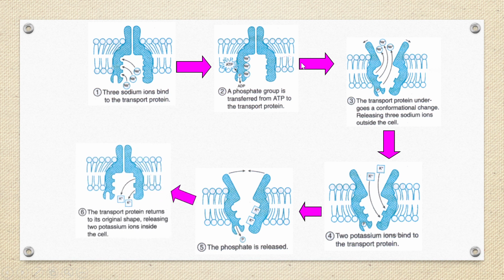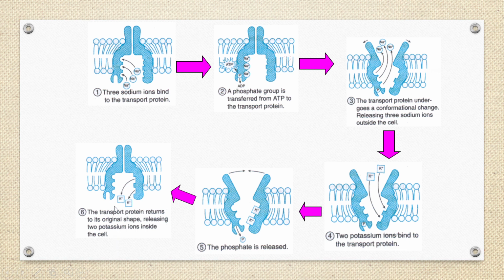This one we've already used. Now this is the process, its mechanism. What happened is that the transport protein will return to its original shape after the phosphate is released. And therefore, the original shape is like this one on top over here. What happened is that this site at the inner of the cell is open and therefore releasing these potassium ions